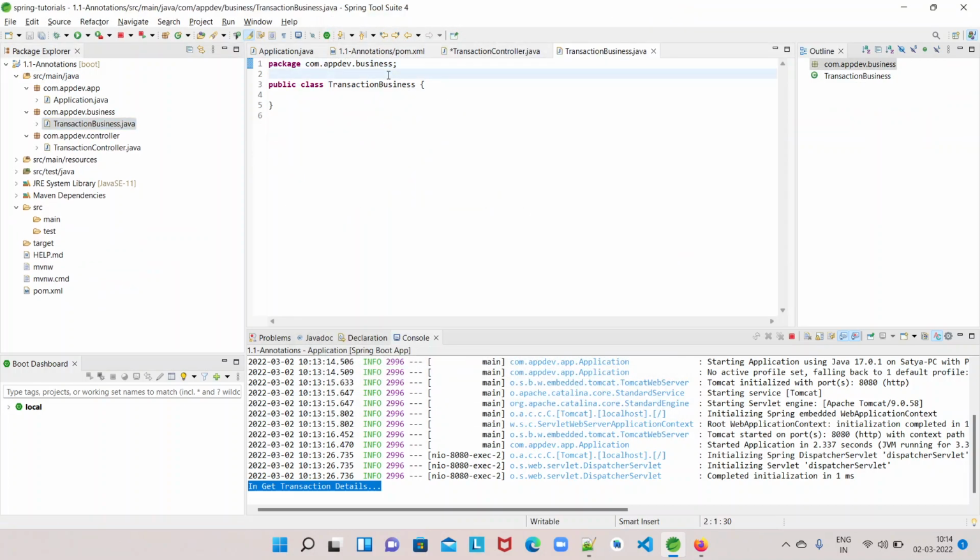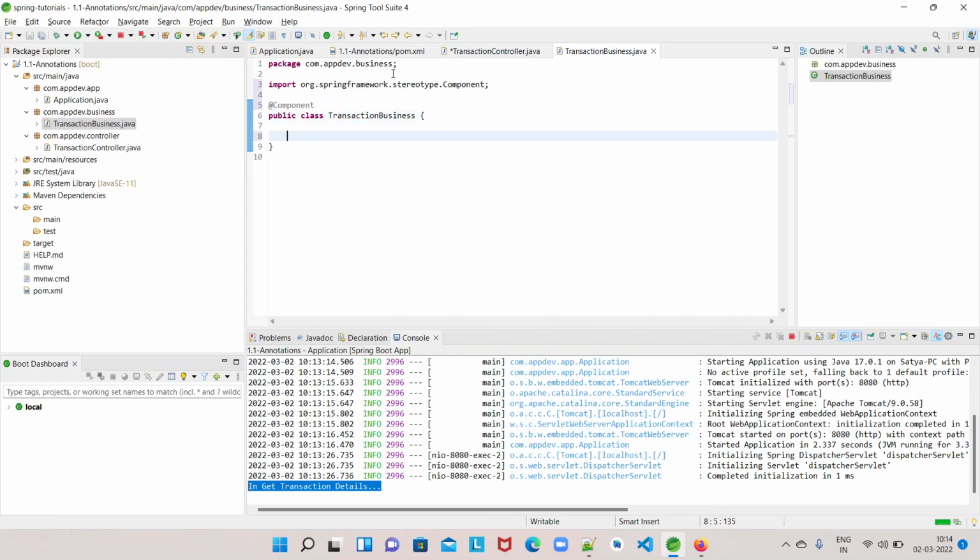For any component, any class you have created in Spring, if you want the instance creation and bean management to be done by the Spring framework, then you have to annotate that class as @Component, right?